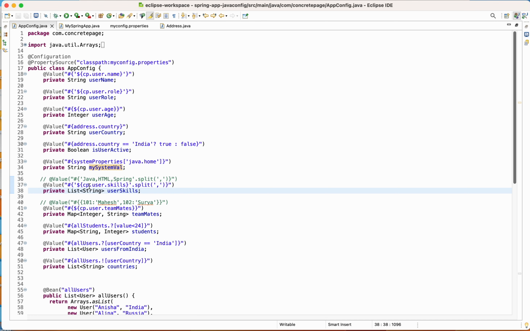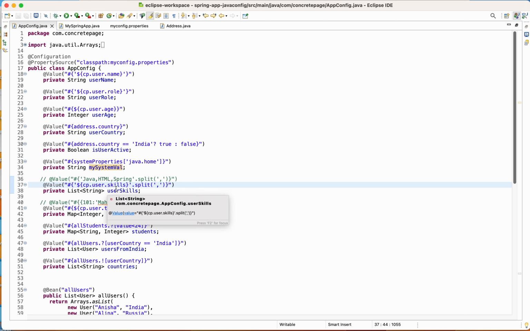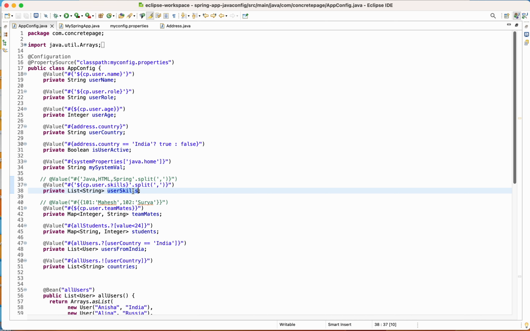Read using $cp.user.skills and then make it a string using single quote, and then call the split method and split it using separator comma. The value will be converted into a list and will be assigned to user skills. So user skills will be a list with the values